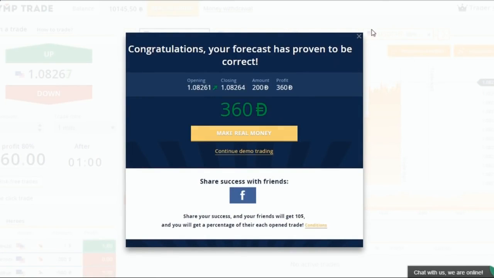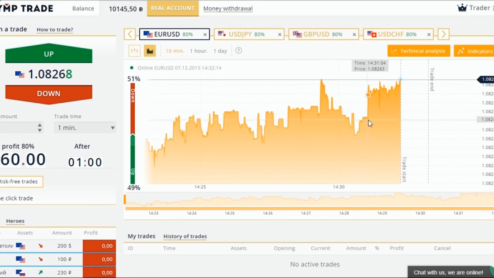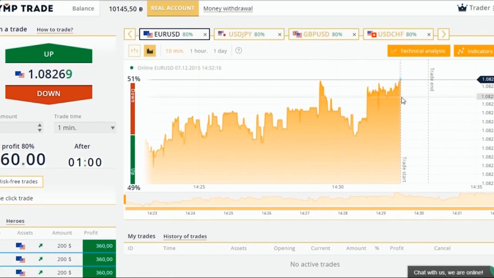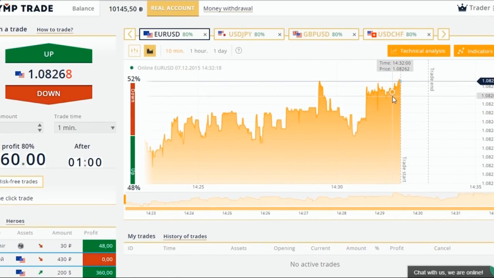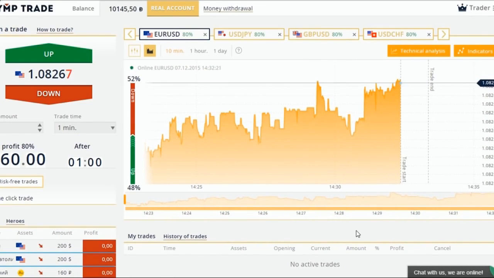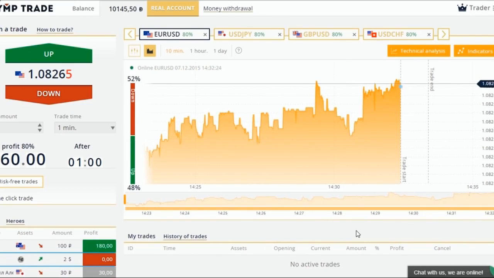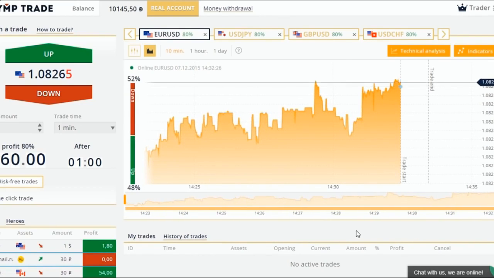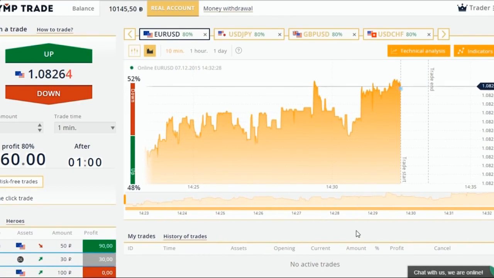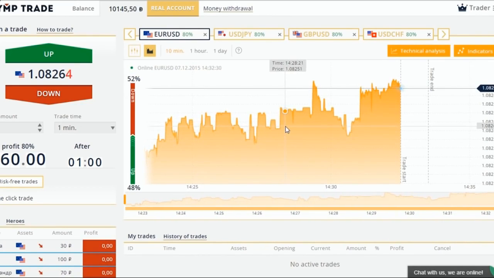The trade has been successful. I took risks by betting at random, but I was lucky. I can tell from experience that it's pure luck, because almost 90% of the transactions made randomly turn out to be loss-making. And if you bet all the time, like in casinos, it's 100% assurance that no money will be left on your account. And now, I will switch to my real trading account to demonstrate my strategy of